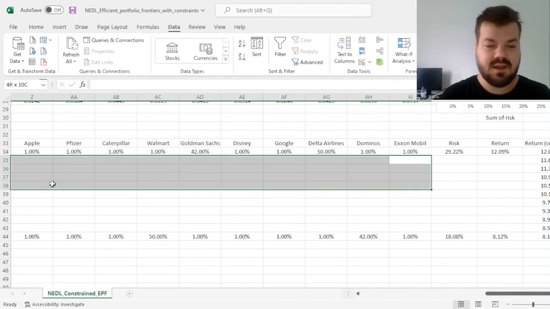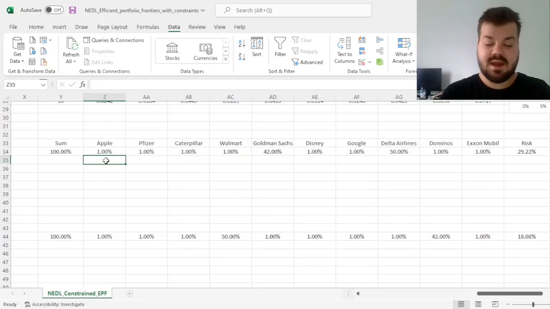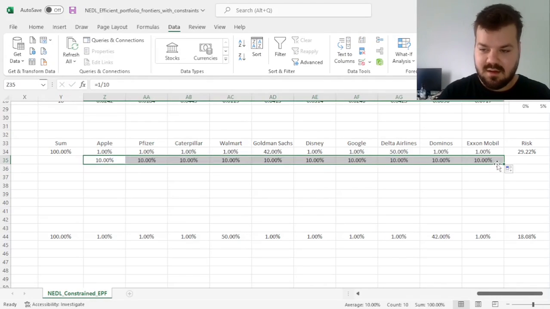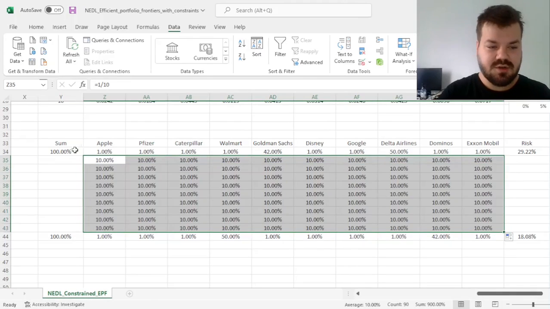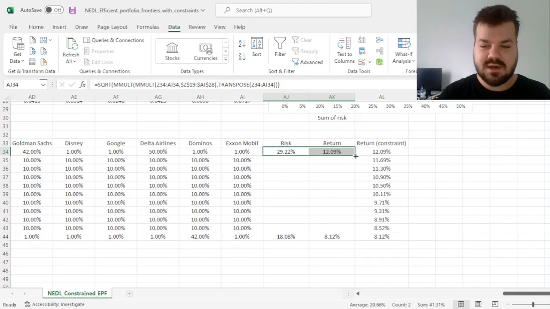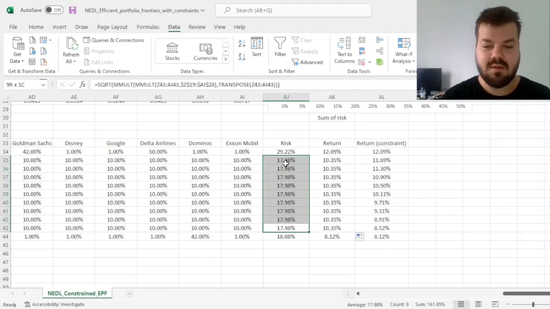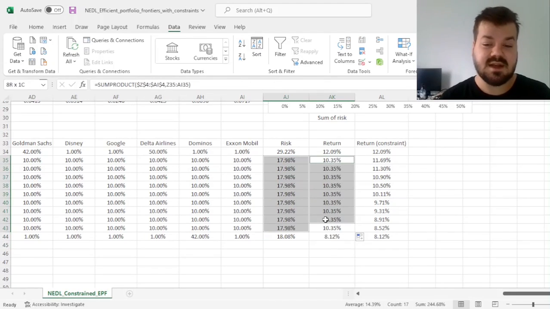But how to fill in the gaps? This gap that constitutes 9 portfolios, 10 stocks each, so 90 variables. We could not have gone for one more, as that would reach 100, and that would overflow Solver. For that, we start with equally weighted portfolios across the board. So just fill in those weights with 10% each, make sure that they sum up to 100%, and calculate the risk and return. Obviously, as this is the same portfolio now, our risk is 18%, our return is 10%, they